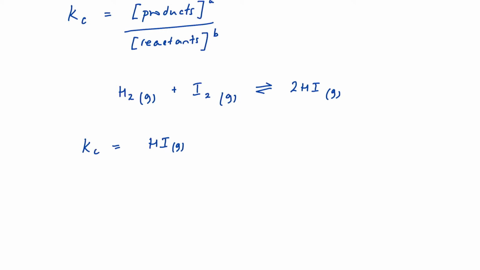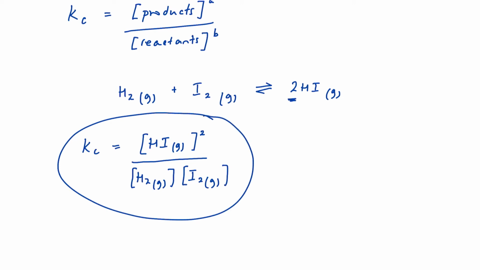We always include state symbols within our square brackets. And because 2 moles of hydrogen iodide are formed in this reaction, we raise this to the power of 2. If it was 3, we would raise it to the power of 3, and so on. The bottom half of our ratio is the concentration of the reactant. So we've got hydrogen, and there's just one of those, so no coefficient, and iodine. Remember, state symbols in everywhere. So that is the expression for the equilibrium constant for this particular reaction, and obviously it refers to the equation